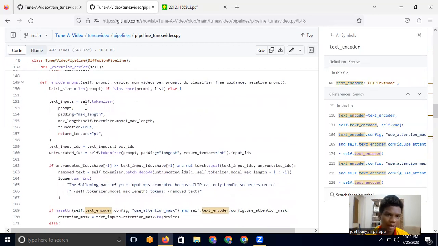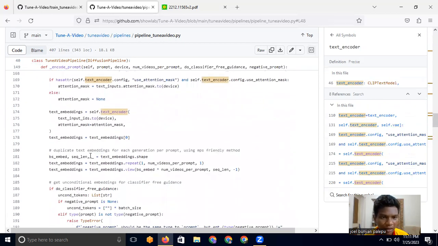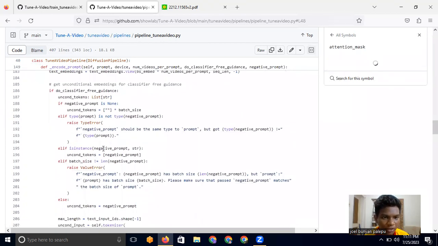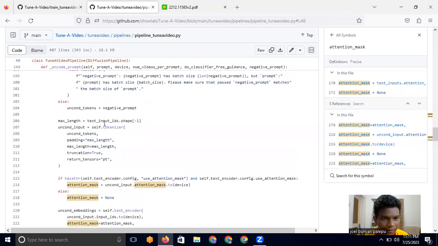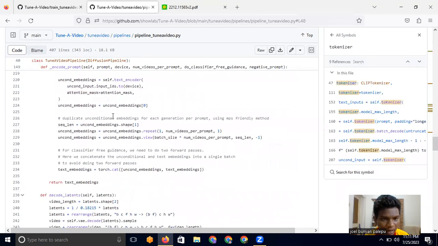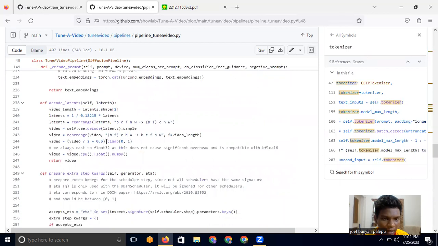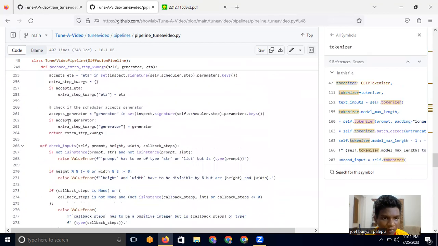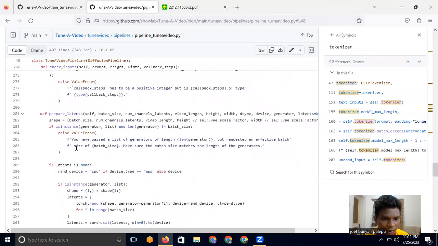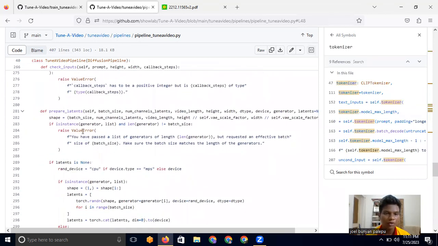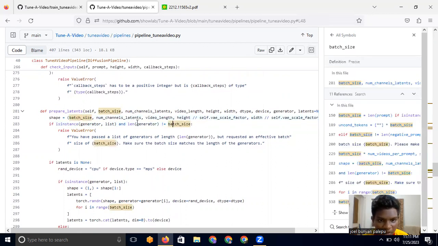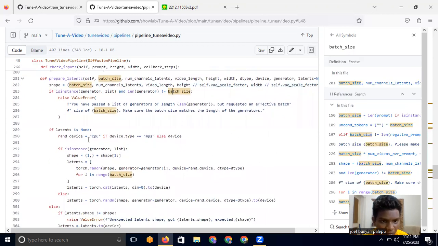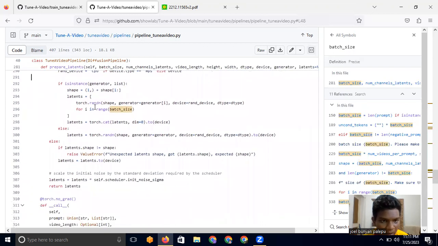So this is where we'll be passing them through the encoder, right? We'll be doing classifier free guidance, and then we'll be having a tokenizer, right? And then we'll be decoding the latents, right? We'll be using a VAE, and then check inputs, prepare latents. So for prepare latents, what we'll be doing is getting the shape, and if it's an instance of generator, raise value error. If latents is none, then